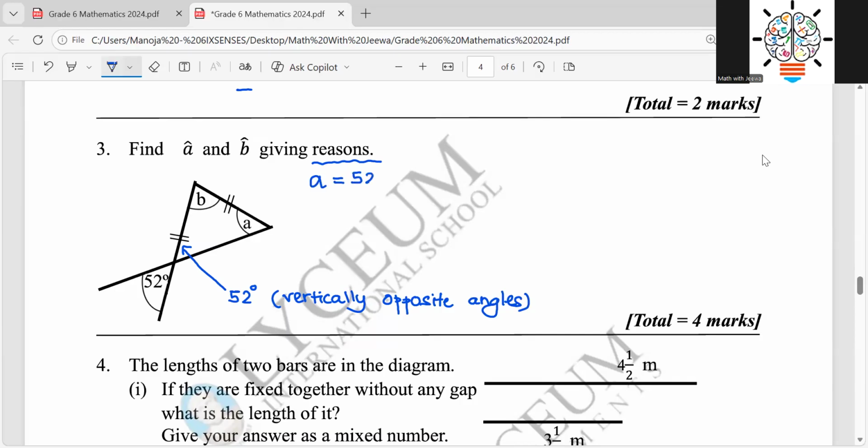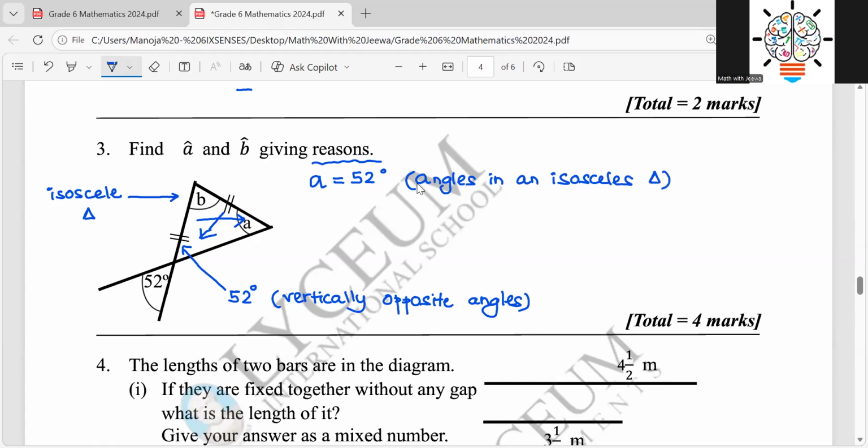Why is that? Because this is an isosceles triangle. You can mark it. So this is an isosceles triangle. So how does A become 52? Because if it is an isosceles triangle, we know these two angles are equal. Therefore, A becomes 52. So then you can write angles in an isosceles triangle, right? Then you just write angles in isosceles triangle,